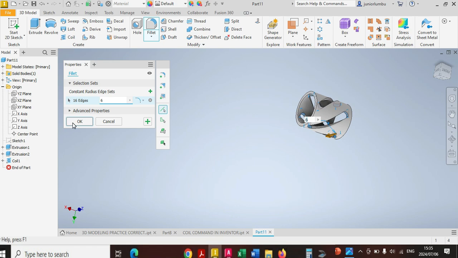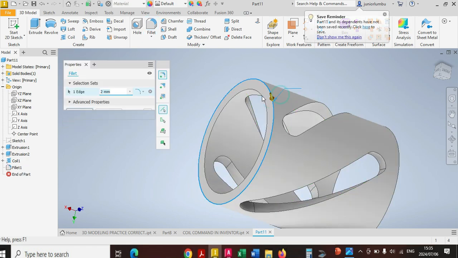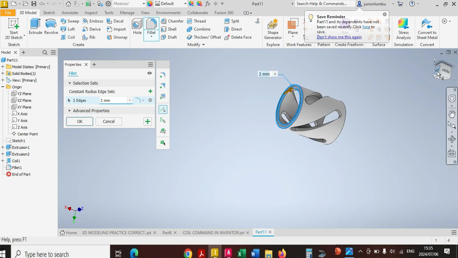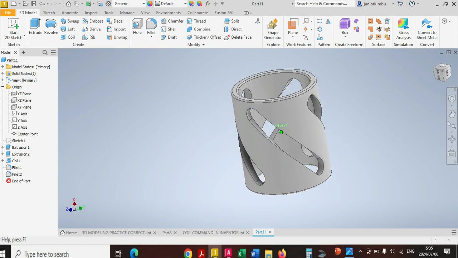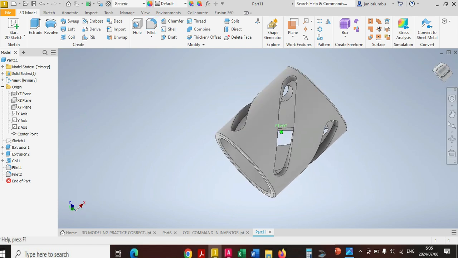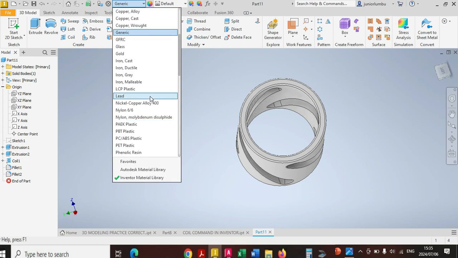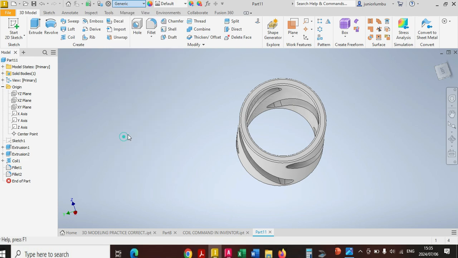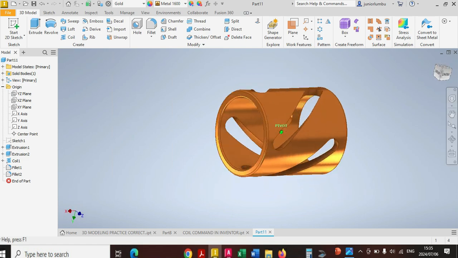We're going to say okay. Now you want to create fillets there, as well as here and there, but now with a radius of 1 millimeter. Okay. Then after that, you're going to choose the material. So you come here, you're going to go for gold. Where is gold? There you go. You see, this is how beautiful